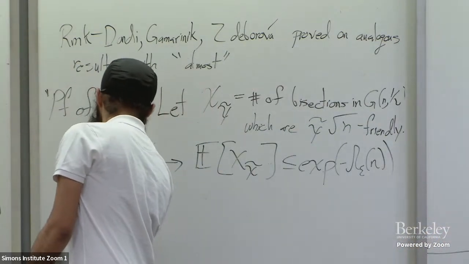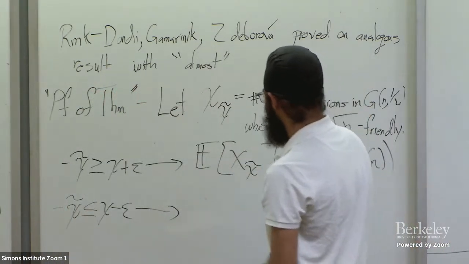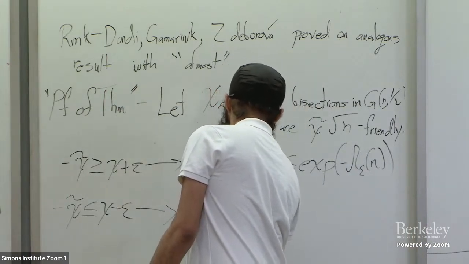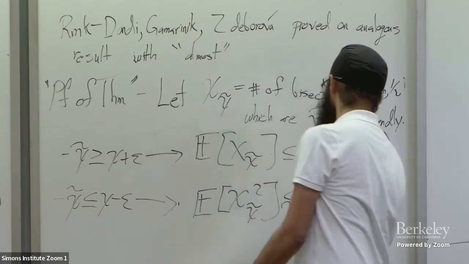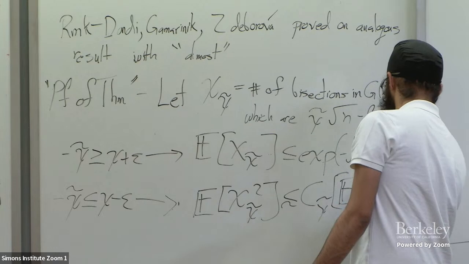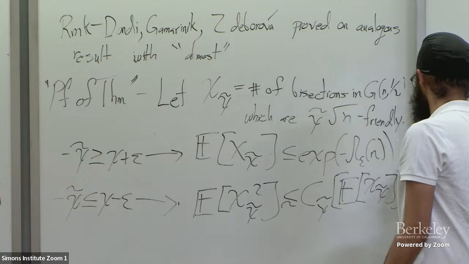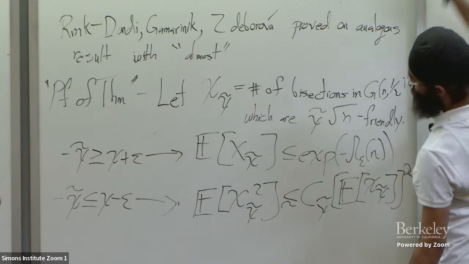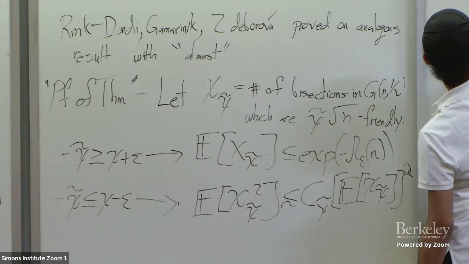Fortunately, we're not so lucky for part 1. For below this threshold, we're going to try to use the second moment method. And the proof, if you do it the way we do, naturally loses a constant. You get something like this. And then, given that the first and second moments match up to constants, something like the Paley-Zygmunt inequality